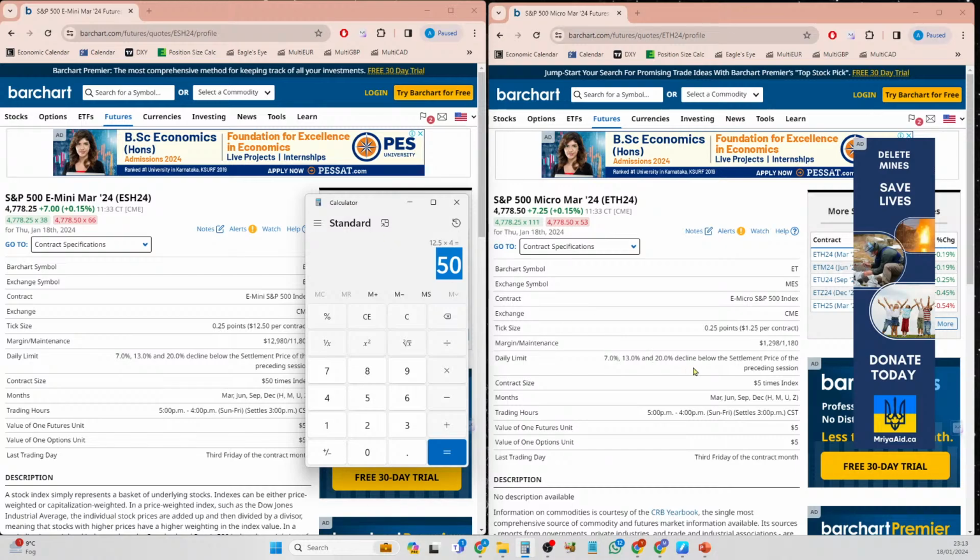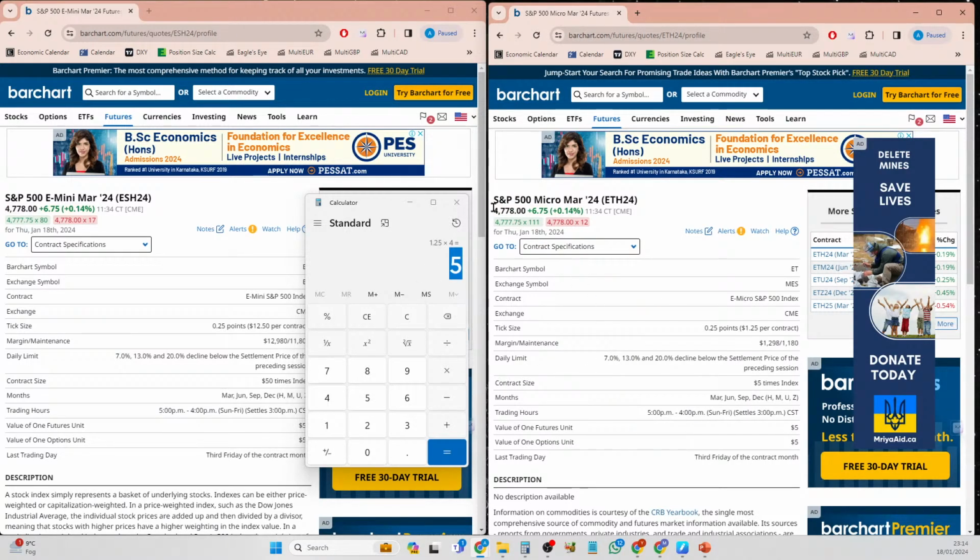But while you are trading the micro contract, every tick will make you $1.25. So when you are making $1.25 for one tick and you make four ticks, you'd be making $5. So every point that you make in micro E-mini S&P, you will be making $5. So that's the tick value and the relationship with the increase in number of points.